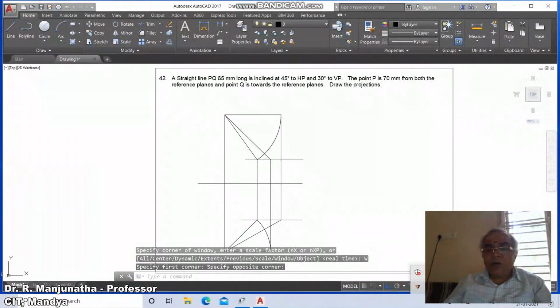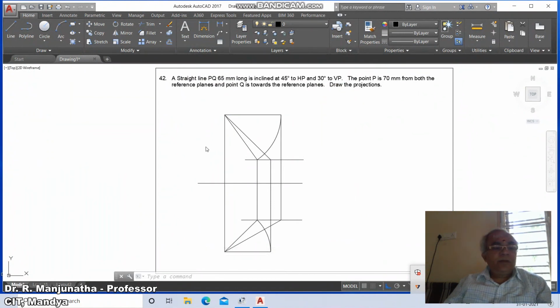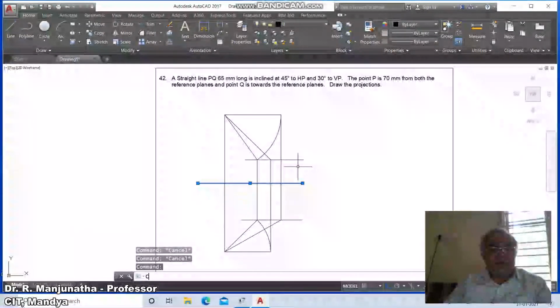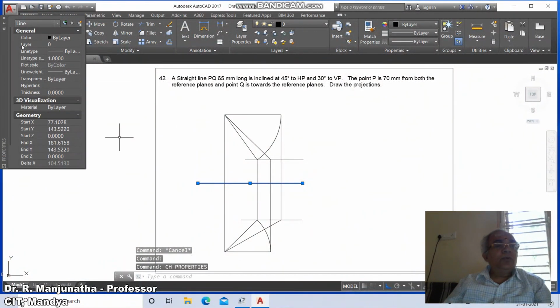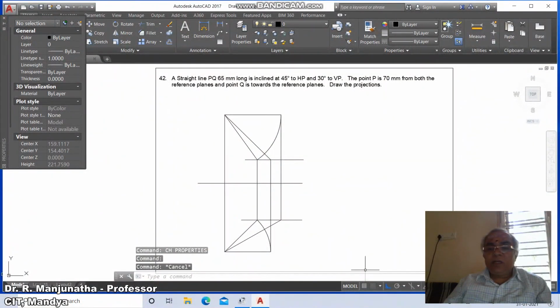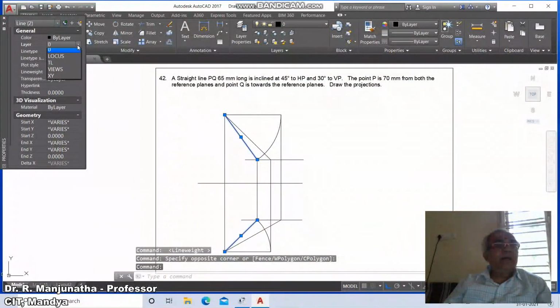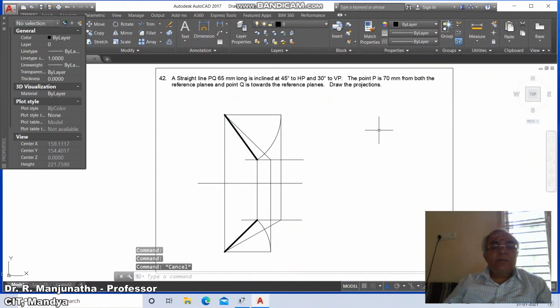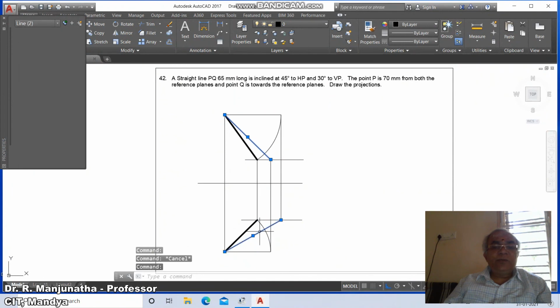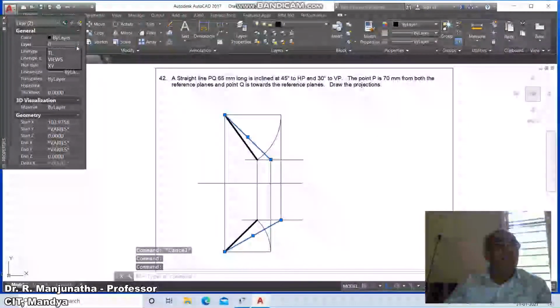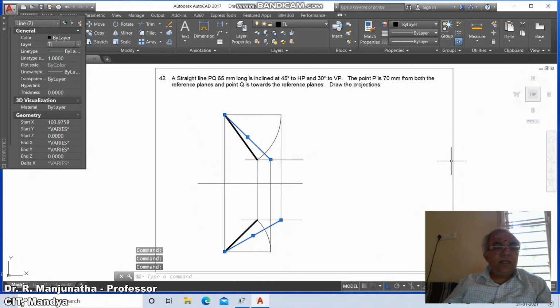Now we need to change all other things. To do that, first we'll click on this, go to change, go to layer, make that the XY layer and say escape. Similarly you enable the line weight, you click on this front view and this top view and go to layer and make it views, escape. Similarly you select between these two, you make these two the true length layer and then escape.